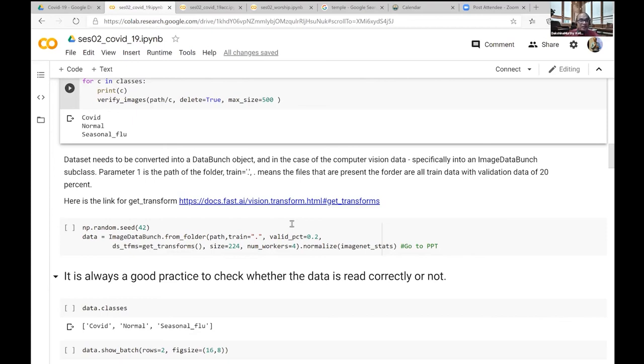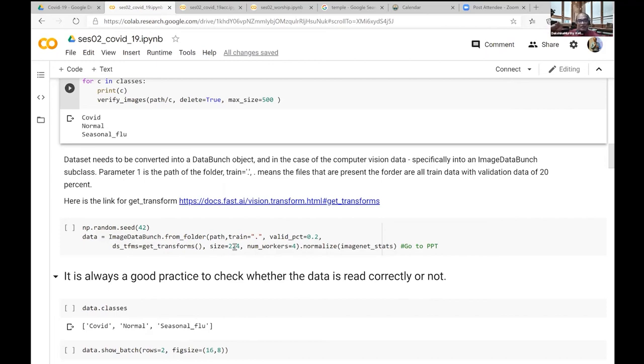What does it put in an Excel? Last week, I showed you how an image is read by a system. It is read as numbers. So 40,000 numbers roughly, right? 224 by 224, roughly 40,000 numbers. So it will create an Excel sheet of 40,000 columns. And image 1, all 40,000 numbers it will type. Image 2, and the class, if it's COVID, the last one, it says it's COVID.